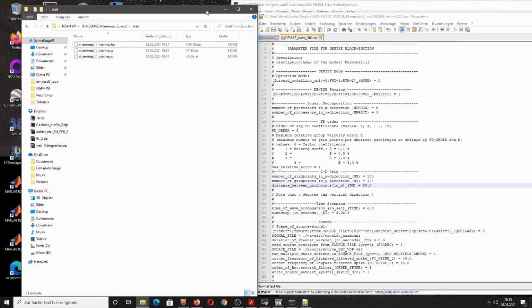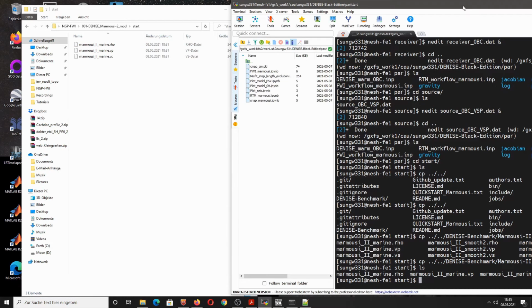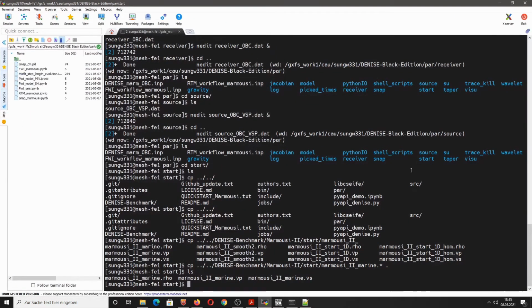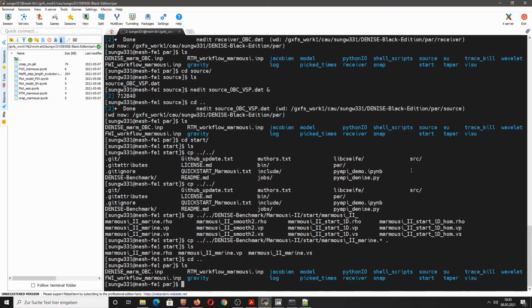Okay, so now we come to the final part. We finally want to do some seismic modeling. We have our models, we have our input files, and we can now start the modeling. How do we do this? We go simply into the par directory again of the Denise Black Edition code, where the Denise parameter file is located.